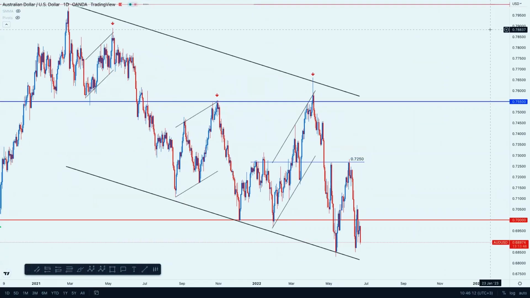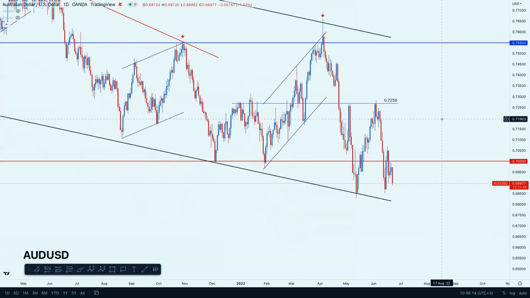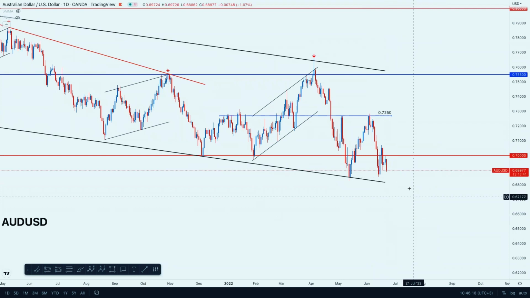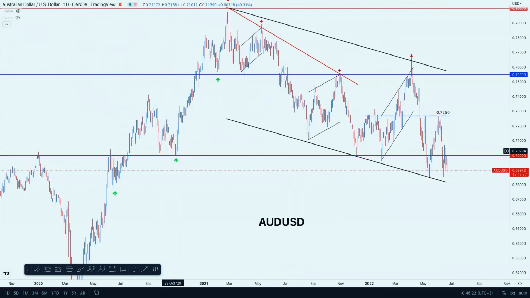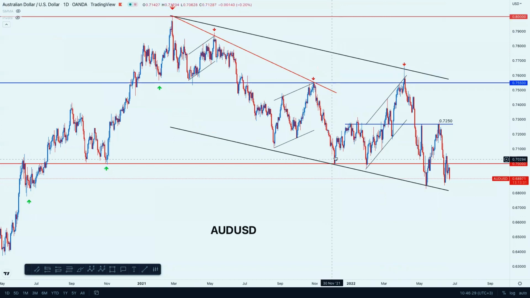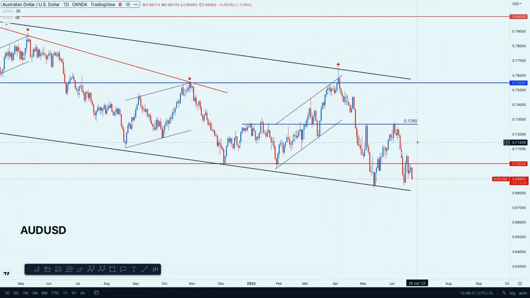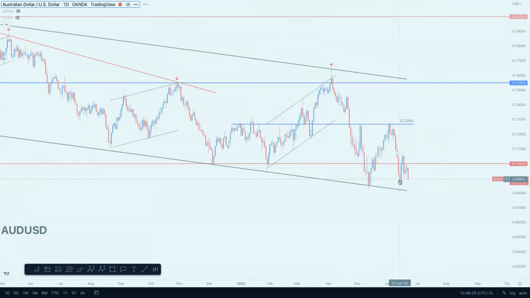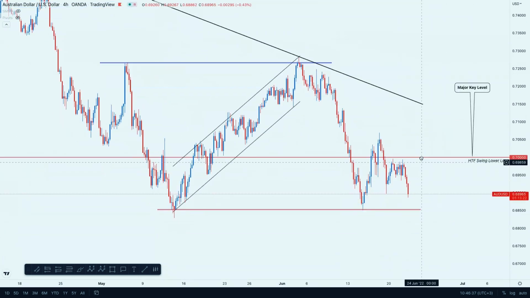Aussie dollar, we've been talking about this level, the 0.700 level, strong support. You can see before, resistance was broken to the upside, became support, then the market acted as support, then now the market came and broke below, and now we're trending below it. If you look at the 4-hour chart, the market sort of this week tried to retest it.